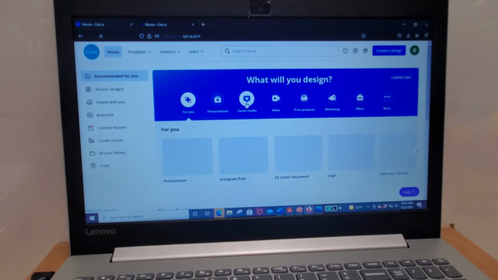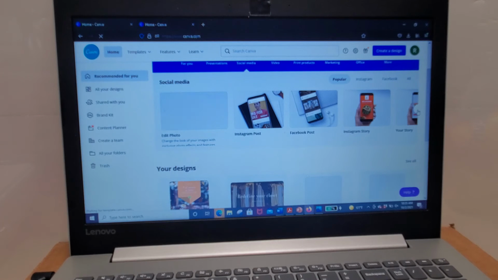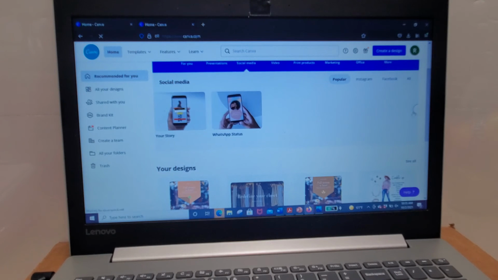I'm going to create another design, and I want to do a Facebook cover. You'll bring up a completely blank design, and you can add a template